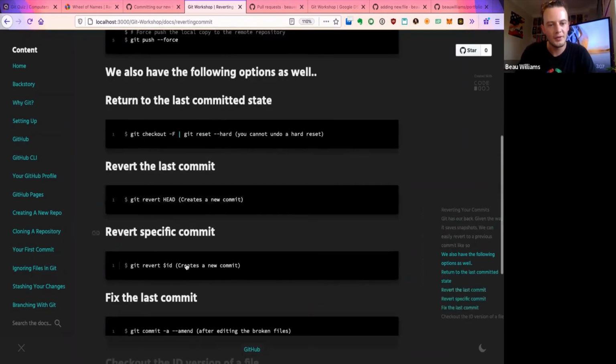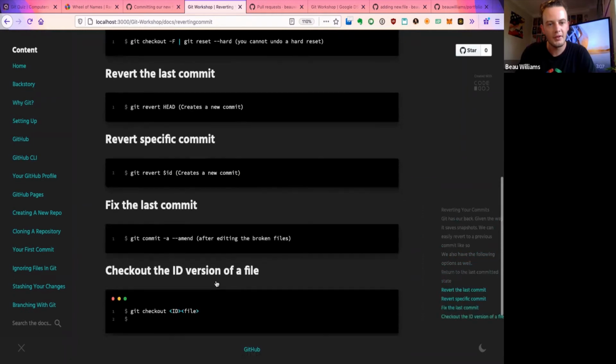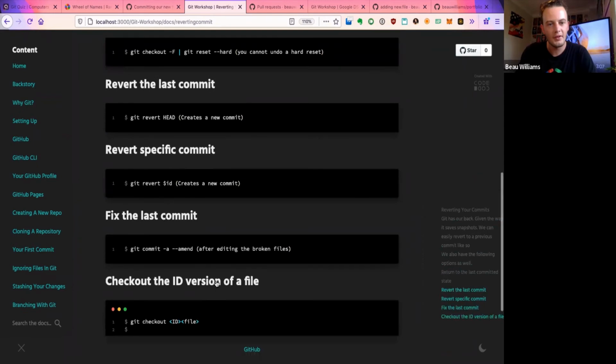There's also some other options. The other thing is your Git originally, so when you set it up, needs all configurations.